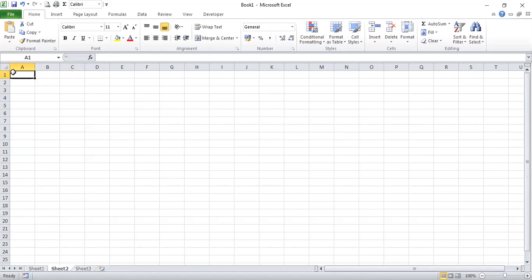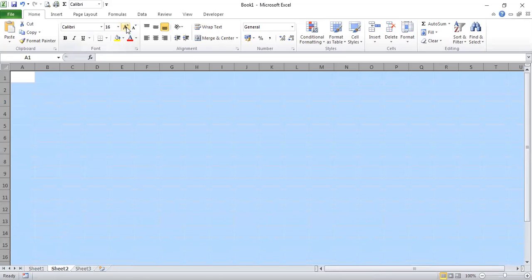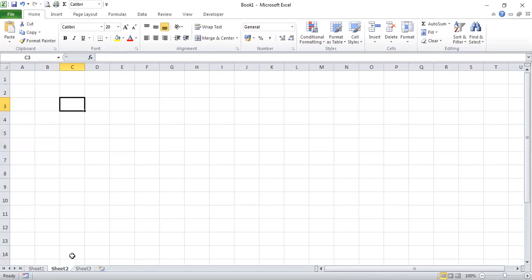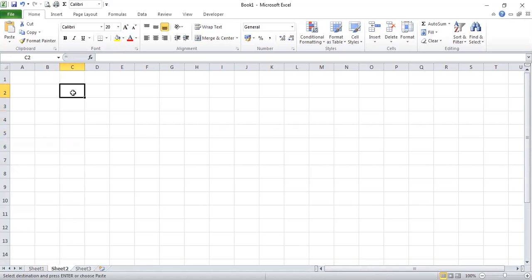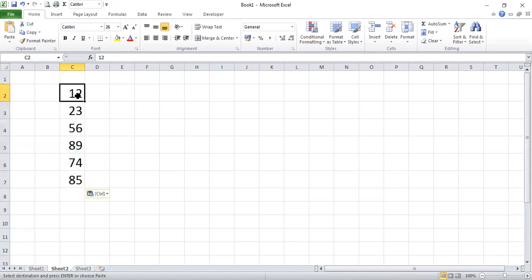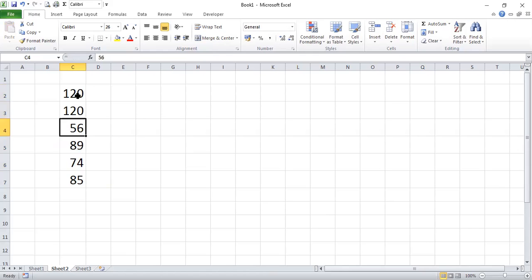Let's open another sheet, and right, so another sheet has these values.